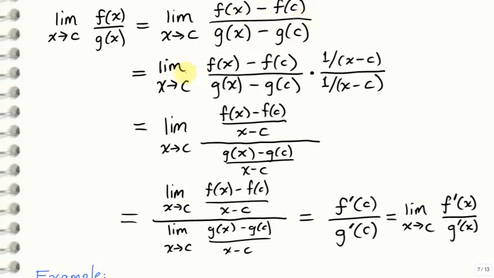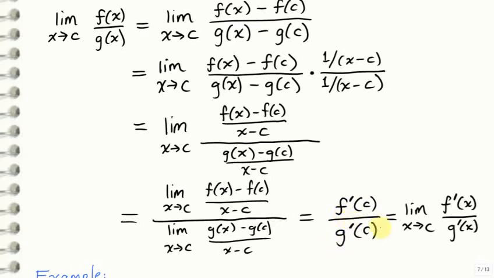And then, again without changing the value, I'm going to multiply this fraction by 1, and by 1 I mean 1 in this extremely clever form. Then, multiplying through the numerator and the denominator, notice I'll get this wonderful compound fraction. But these expressions might start to look familiar. They kind of look like slopes. In fact, now I'll expand the limit out: the limit of the numerator divided by the limit of the denominator. Notice the top is one of the definitions of the derivative of f, and the denominator is one of the definitions of the derivative of g. So on the top we have f prime of c, and on the bottom we have g prime of c,